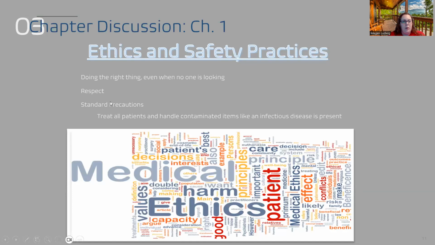Another important term here is standard precautions. This is a good definition, or like a vocab word. You're going to treat all patients and items like they have an infectious disease, okay? You can't see with your two eyeballs whether or not there is a deadly bacteria on this instrument because it's not always bloody, right? Some bacteria is spread through saliva. Can't always see that. So you want to be sure that you're treating all items like they are infected or